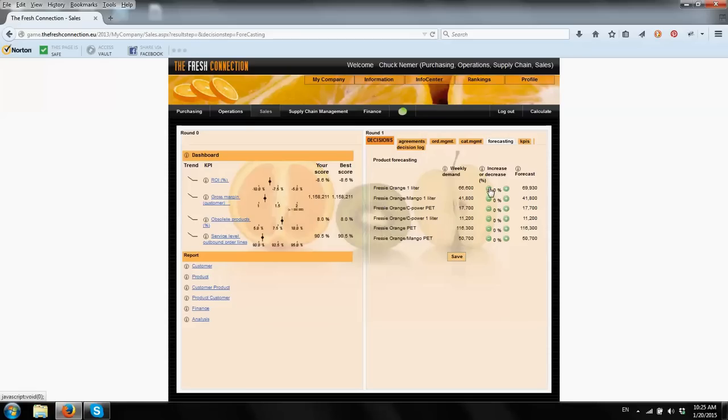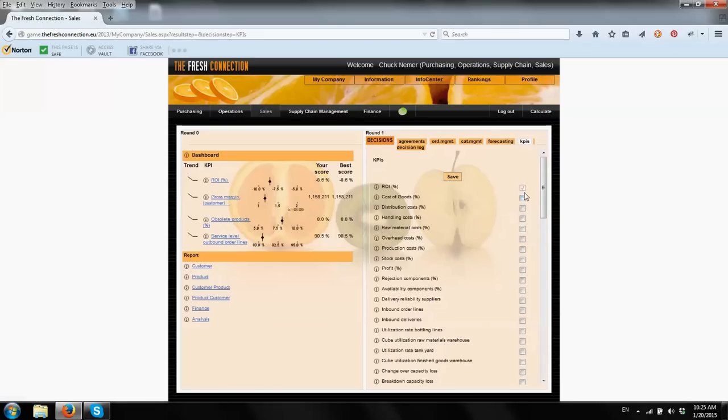So let me set that back. KPIs, if that's the round you're playing, then you'll have the ability to select other KPIs if that's important. And if you'll notice, it's kind of grayed out here, this demonstration navigation round. It's not one of my choices, so I can't do anything with it. And the decision log